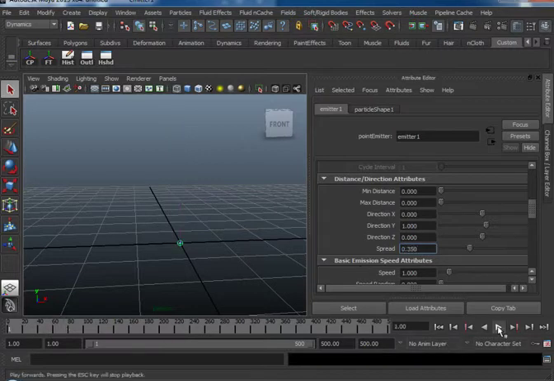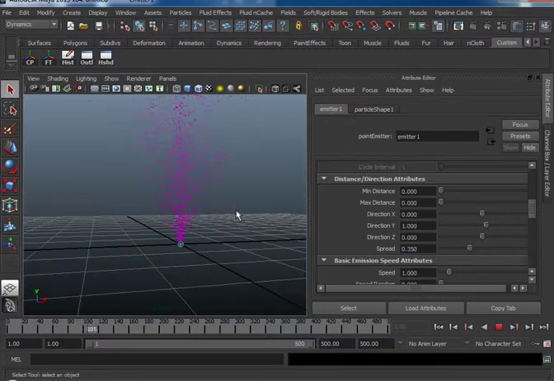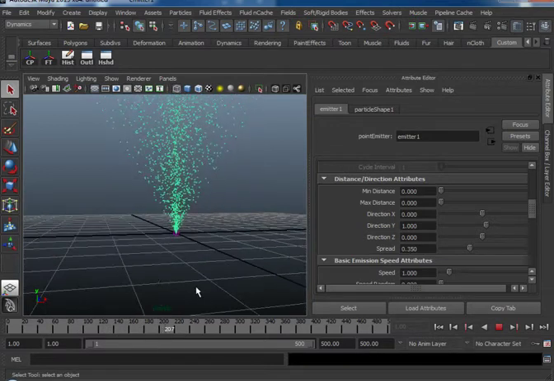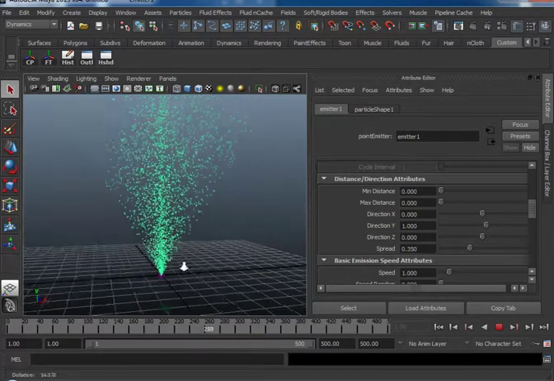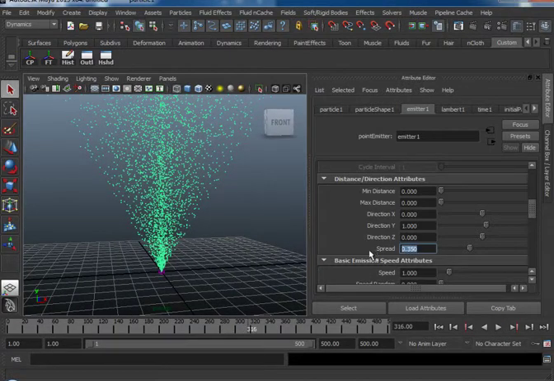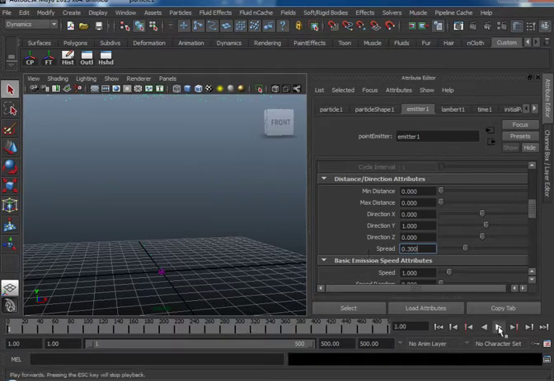Hit reset, and now if you see, all the particles are moving up in the air. If you feel like you want to reduce, you can still reduce it to about 0.3,